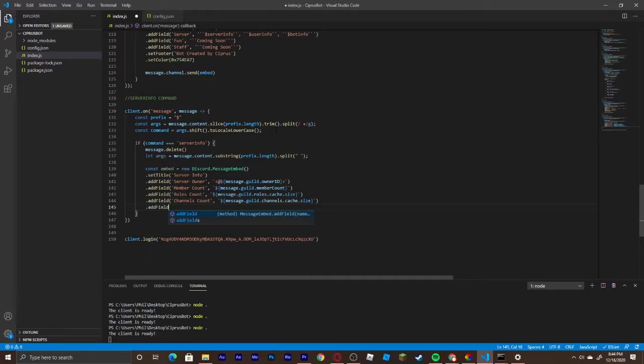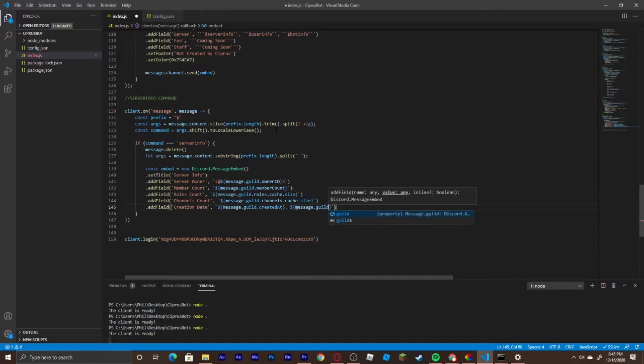And then we could say when the server was created, so we can have another field and call it creation date. And then we can have another $, and say message.guild created at, and then we can have a comma and say message.guild.created timestamp,